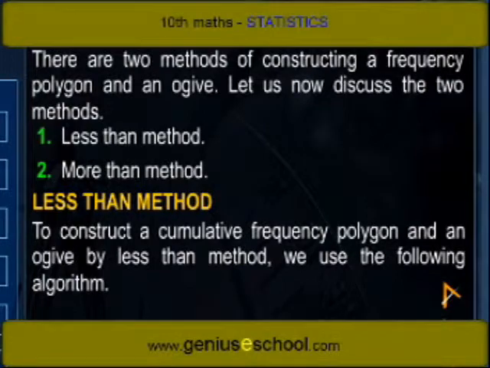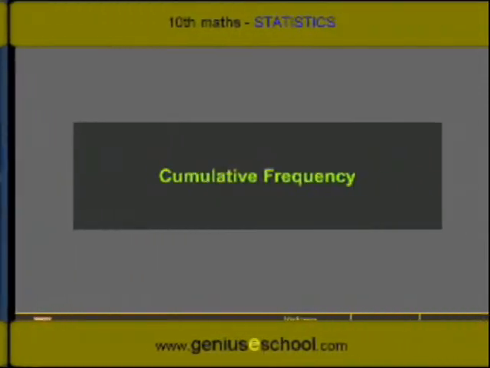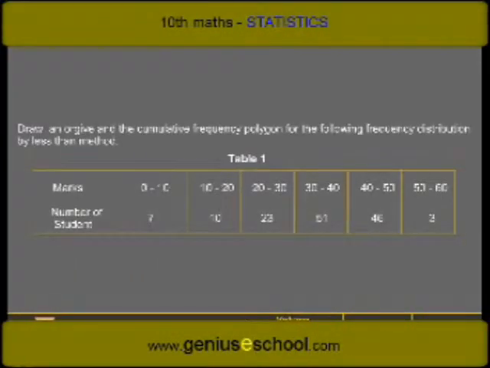There are two methods of constructing a frequency polygon and an ogive. Let us now discuss the two methods. Less than method, more than method. Less than method. To construct a cumulative frequency polygon and an ogive by less than method, we use the following algorithm. Draw an ogive and the cumulative frequency polygon for the following frequency distribution by less than method for